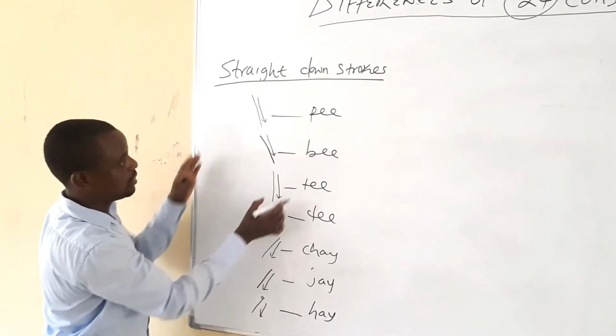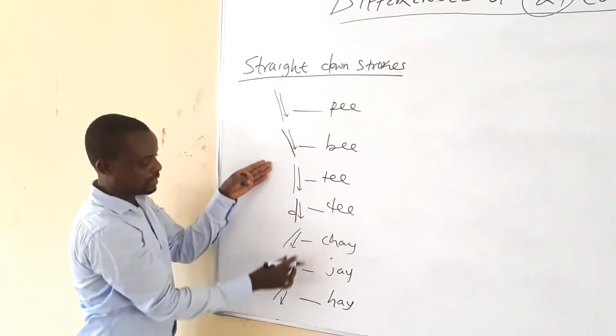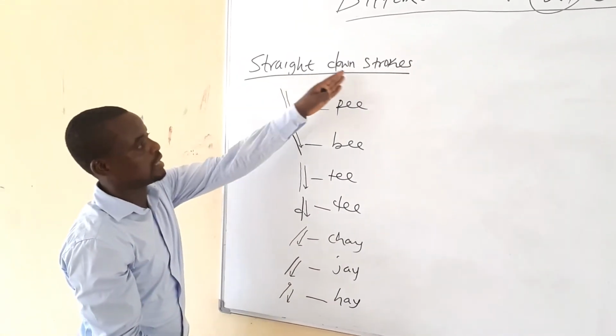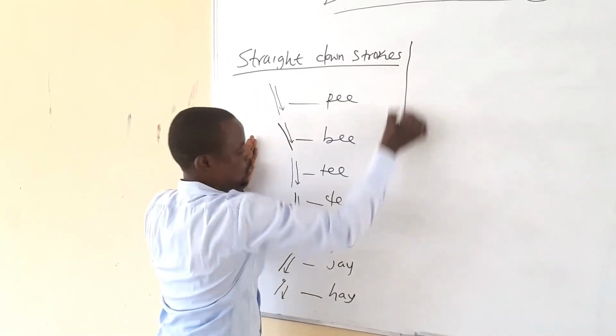These indicate that you are writing this stroke not as an upstroke, but downward. You call them straight down strokes because they are all written downward. So we have